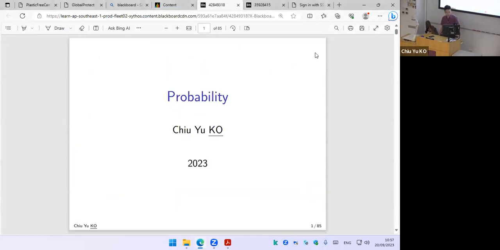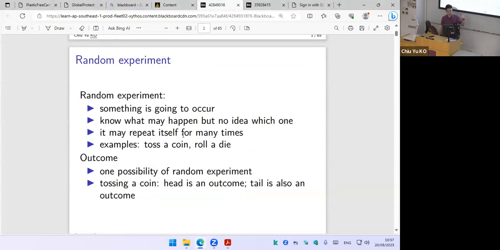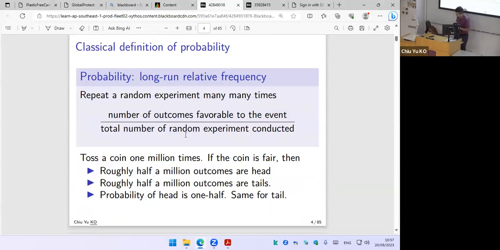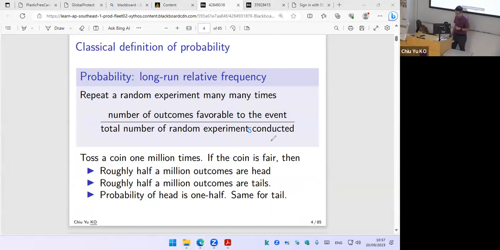So for our classmates, actually, we are on the probability slide. I'm sorry, I didn't notice. So we covered random experiment, outcome, event, and sample space. So the probability is a fraction where the denominator, there's a typo, is the number of experiments. That's a typo. So how many of them are actually conducted, right? And the numerator will be how many outcomes favor the event, right?